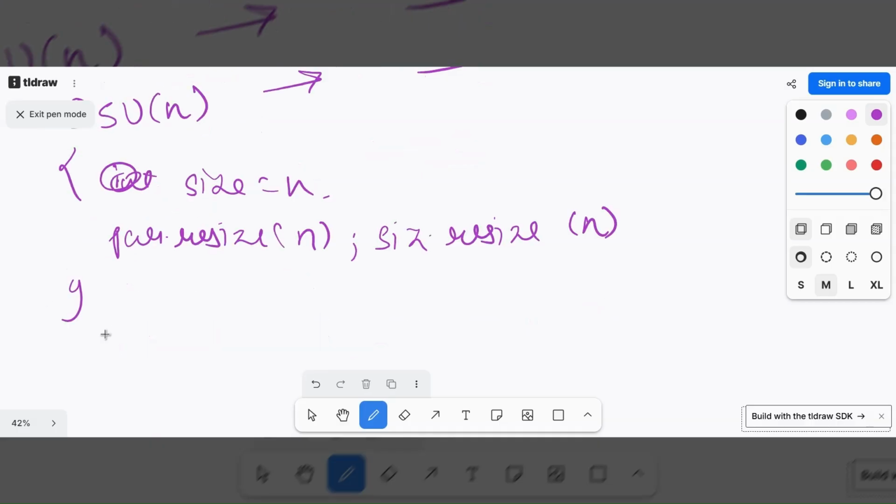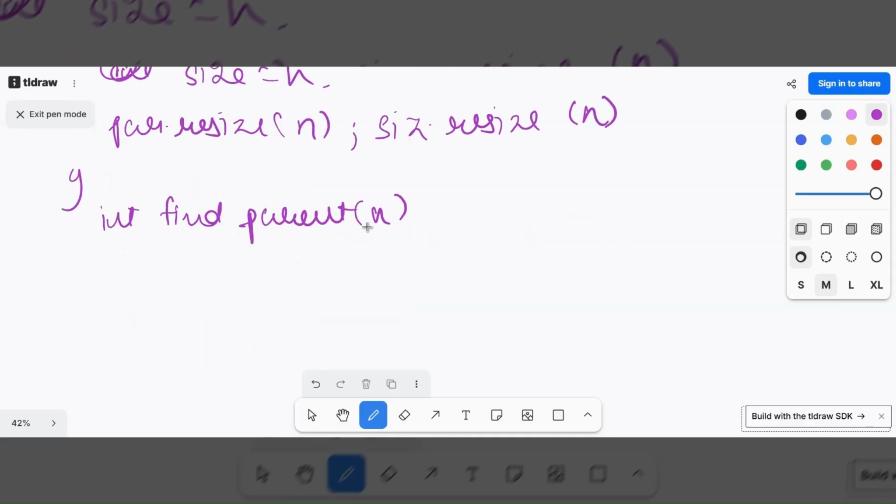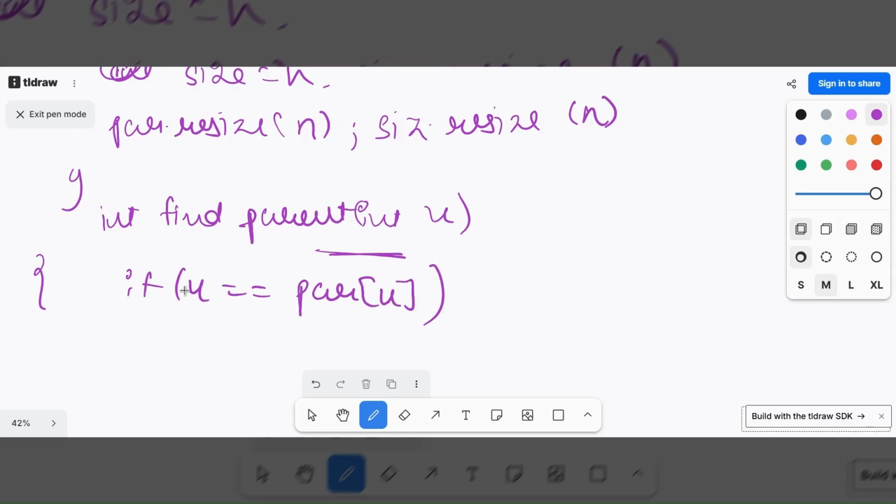Now I have another function in this class which is find parent of a node. Let this node be int u. So how do we find the parent of u? We'll use a recursive function over here. So if u is equal to its parent, okay, if the parent of u and this node are the same.